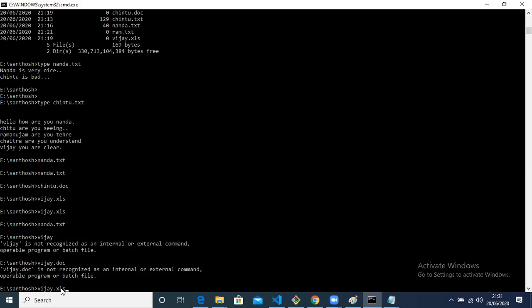So based on this extension, automatically your command prompt will recognize which application I wanted to open. The moment you put XLS, it will always open this file in Excel. The moment you put a DOC along with the file name, DOC is the extension of the file name, right? So it automatically recognizes that and opens it in a Word document. Understand? Like that it will do. DOC is not a command. DOC is an extension for a file. Extension name of the file. A file will have two names, normal file name and extension name. Understood now?